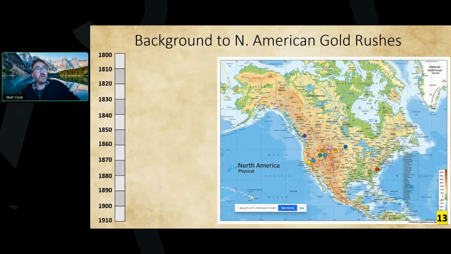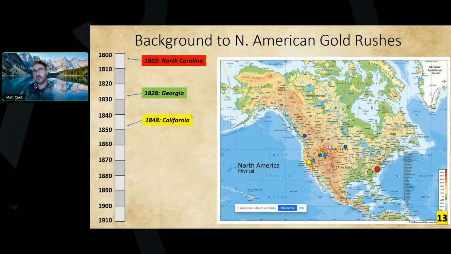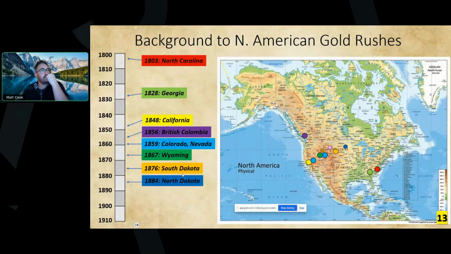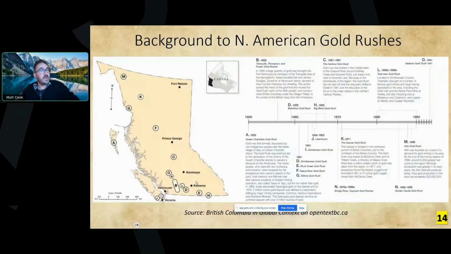When we're looking at the gold rushes themselves, the very first major gold rush in North America was in North Carolina in 1803, which you can see in red here. Georgia in 1828. The very famous Californian gold rush in 1848, in the middle of the century. British Columbia followed that, and we started to move northwards and inland. So we had Colorado and Nevada in 1859, Wyoming 1867, South Dakota, North Dakota, Idaho in 1890, then Montana 1892, and 1896 being